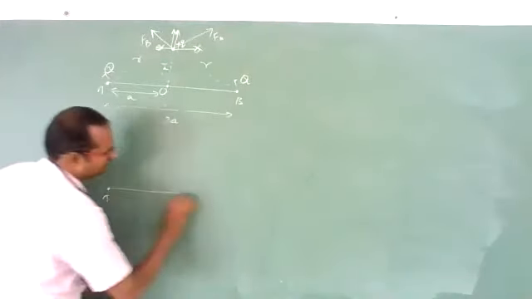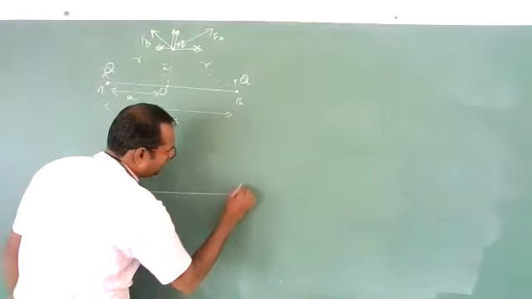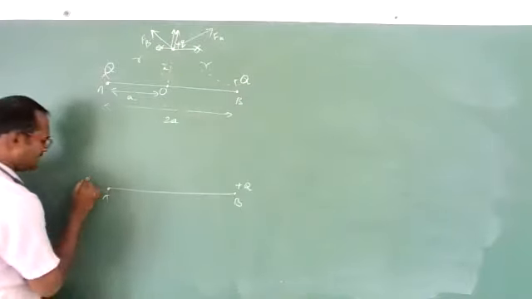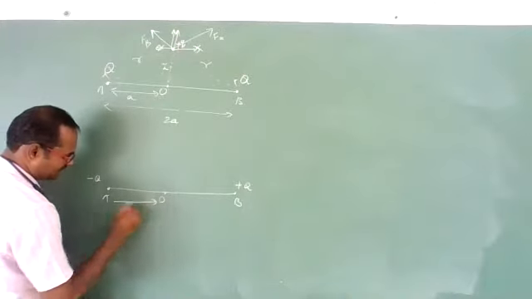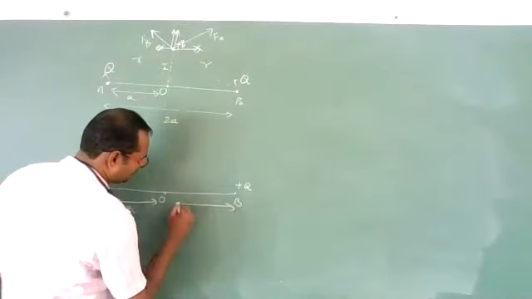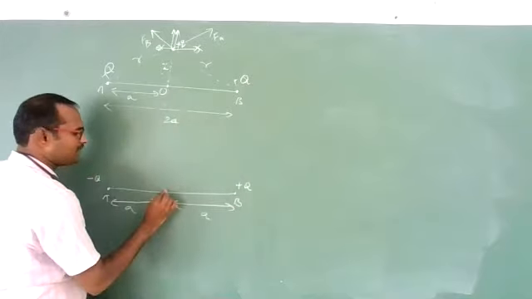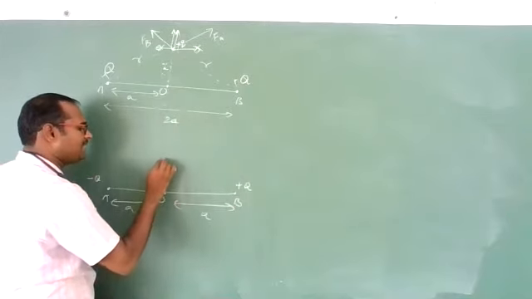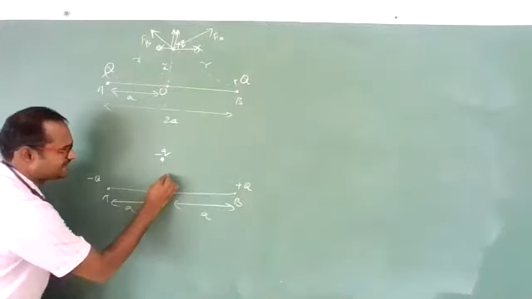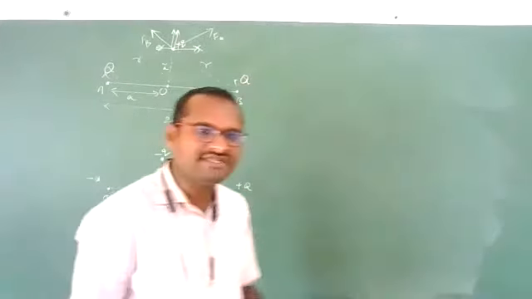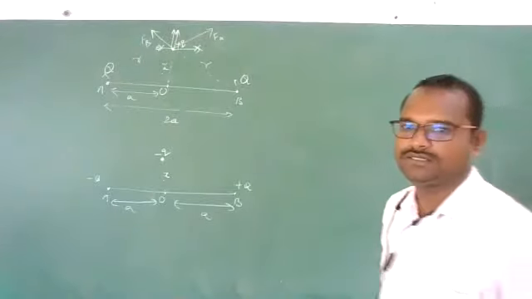A point, B point, here also positive charge is there, here also positive charge is there. This is the center, and this distance is A. This distance is also A. Now, here you keep a negative charge and displace it by some distance, by a distance x. Now let us see whether it will come back to the point O or not.